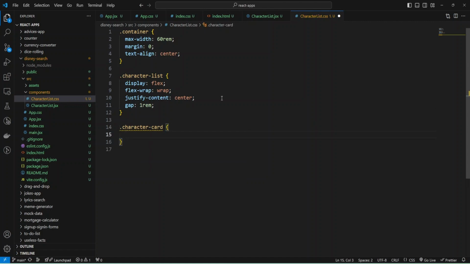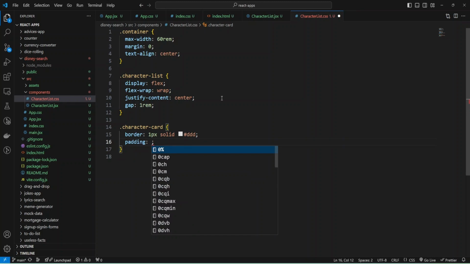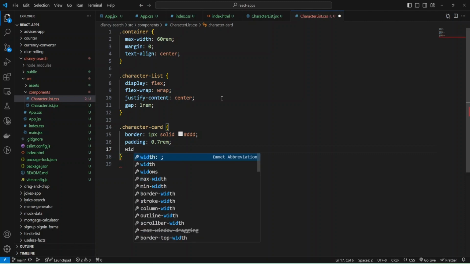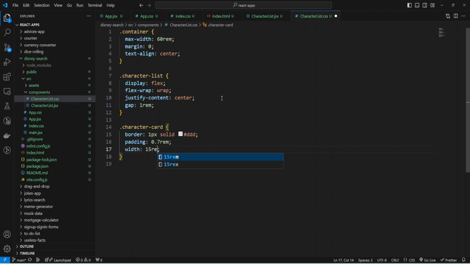And for card I'm going to make border 1 pixel, solid gray, and add some padding 0.7 rem, and also we can set width 15 rem to have 3 cards in a row with some margin paddings.